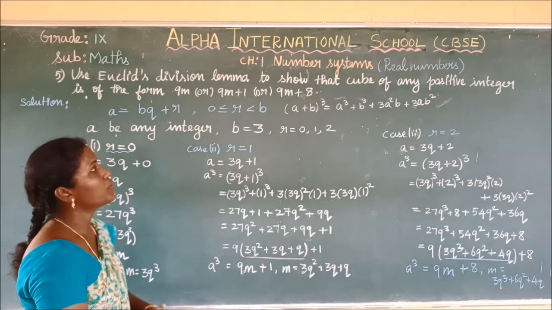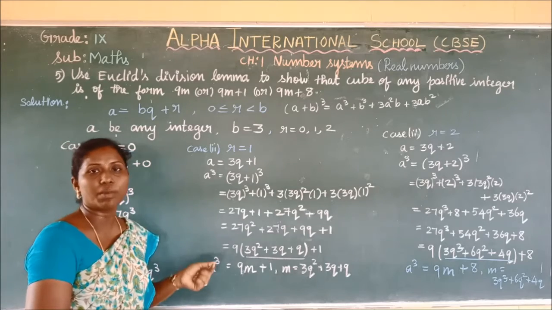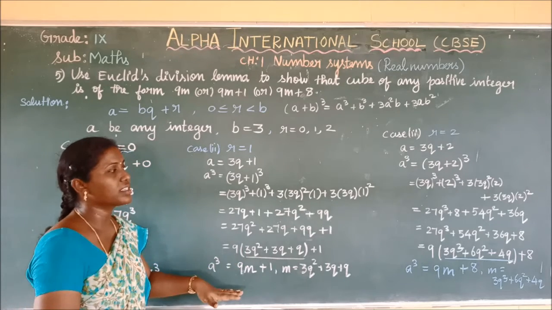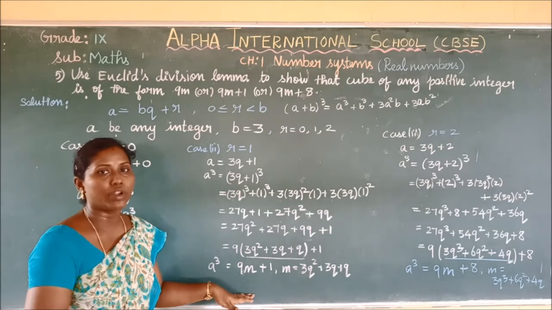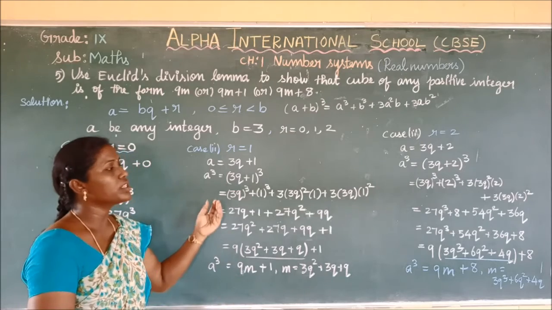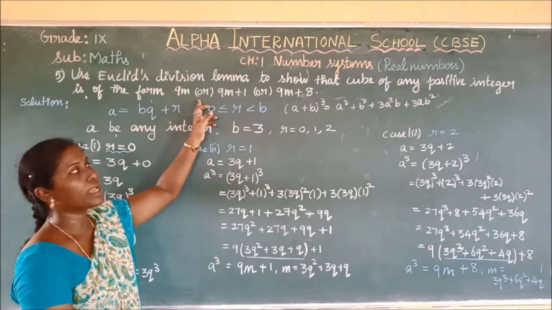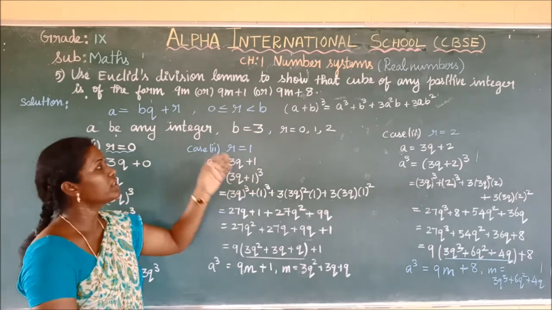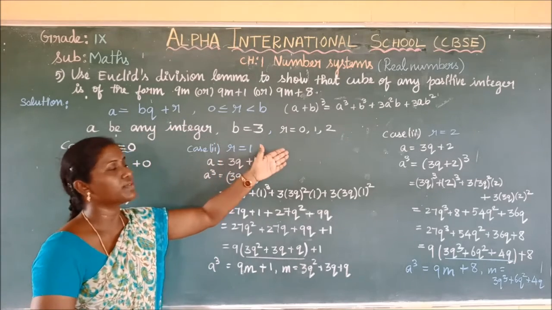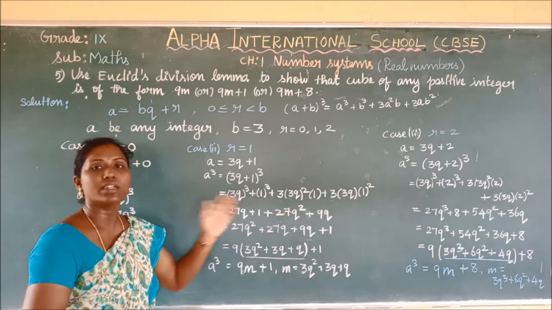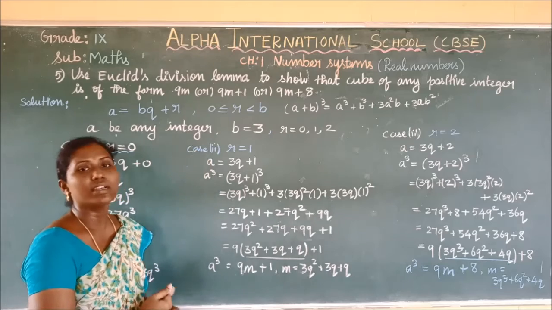Okay children. So with this we have finished our first exercise. Based on Euclid's division lemma we have solved some problems. In the first exercise this model problem we are having repeatedly. Also it is very important. So based on this model only, if any question replaced as if the form is replaced as 4m plus 1, or 2m or 2m plus 1, use the same procedure. Use Euclid's division lemma and identify the divisor as well as the remainder. Analyze the given condition for each case, and see the final answer we are getting in the same form.